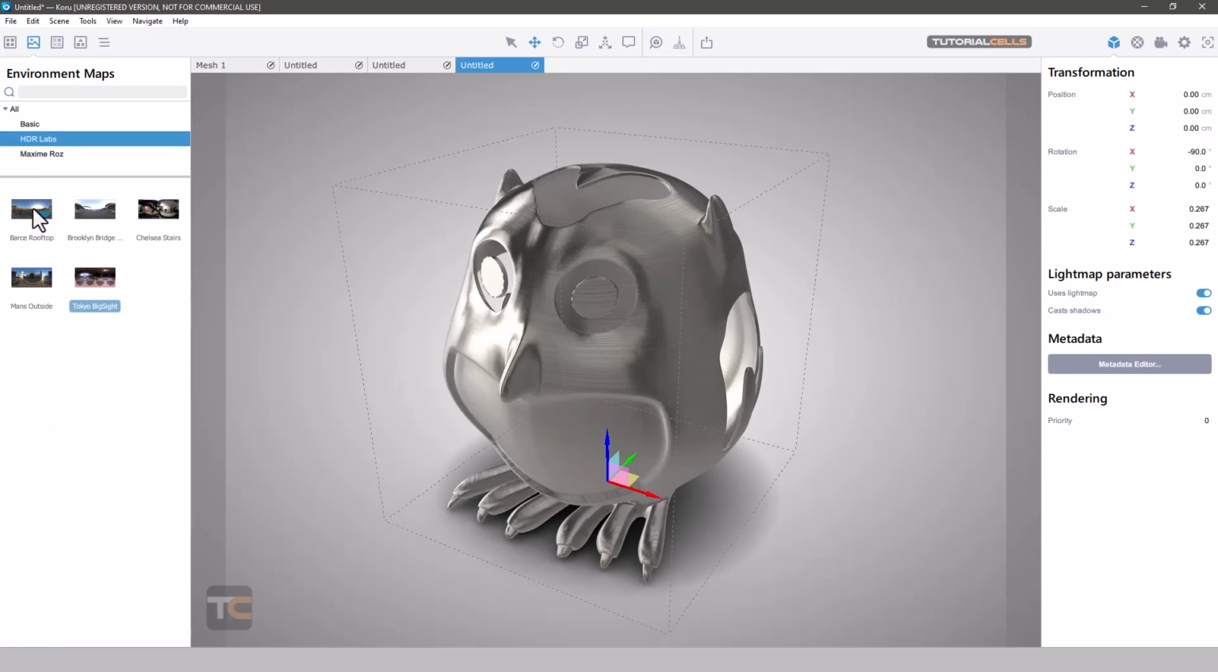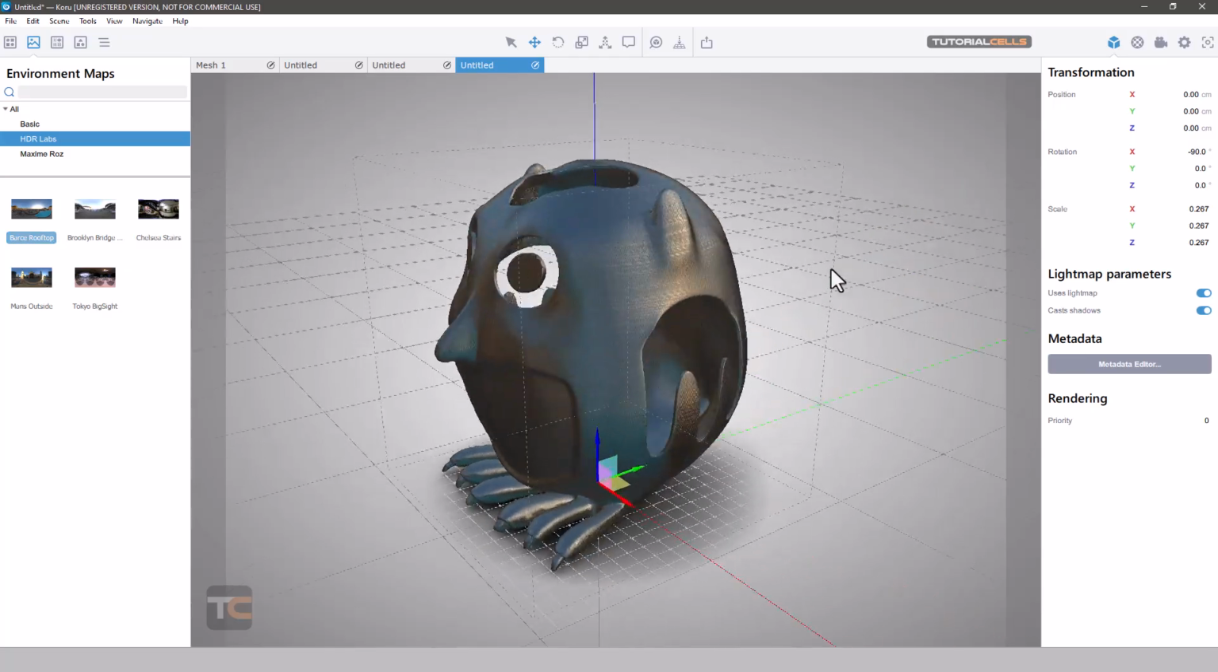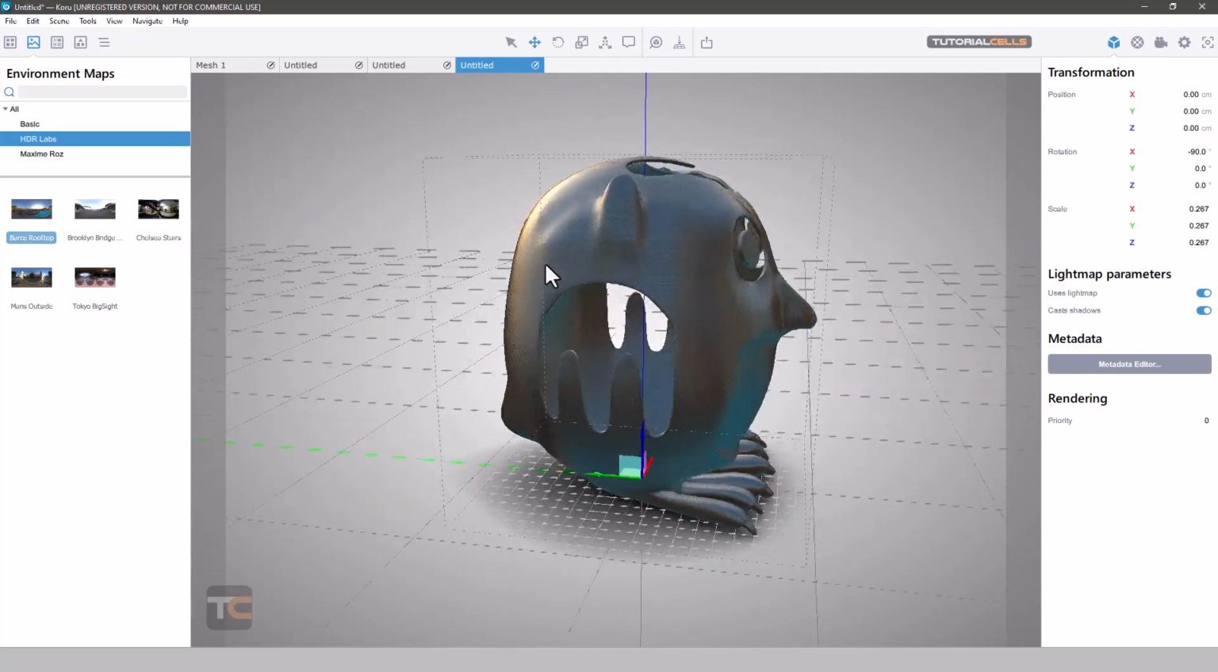HDRI labs, they're exactly light. For example, the light is coming from here. Just drag and drop it into the scene. You can see, okay, it was just environment. You can see it changed the